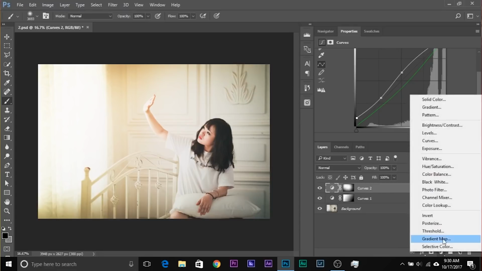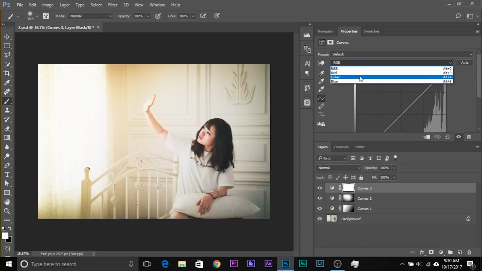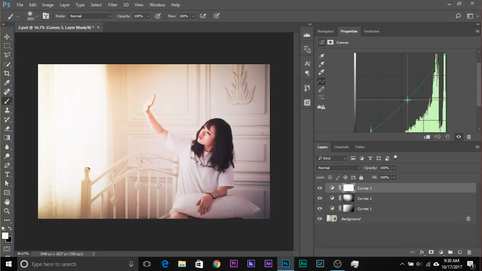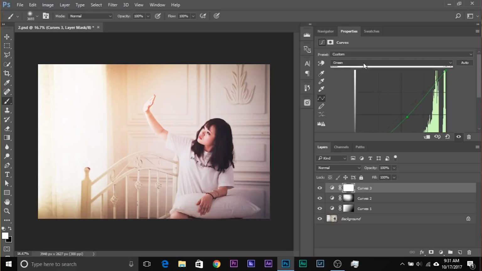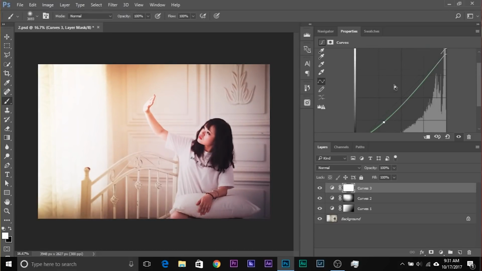So create another curves adjustment layer. See, we are stacking up curves, right? So we'll just go to the greens and add a little magenta there. Little magenta too. And we'll add just to the dark areas. So RGB, and we can just darken this area up a little, add a little contrast,